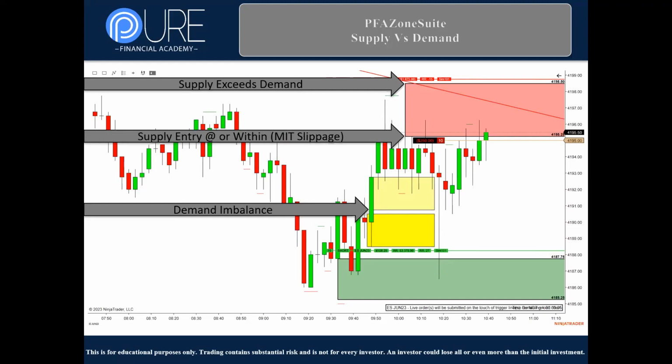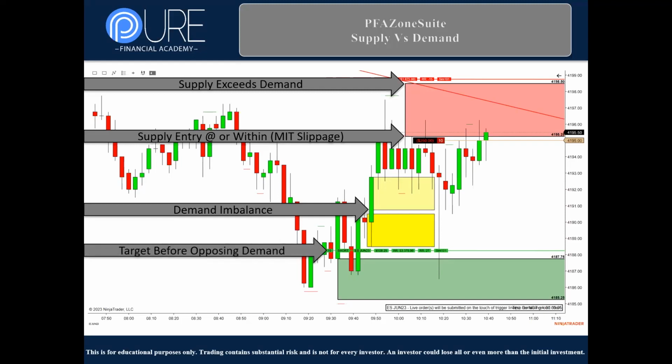All right, and our entry, I wanted to notate this. I was like, oh man, it might look like the entry's off a little bit. So I wanted to notate that we were using market if touched orders. So that's why you don't see the entry definitively on the 41.95 quarter on the low of the zone there. We actually did have a little bit of slippage on that trade, given the sim engine there, and it's just how it works, right? So that's why we would never actually enter outside of the zone, however. Okay. All right, very good.